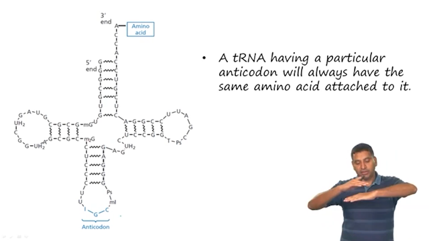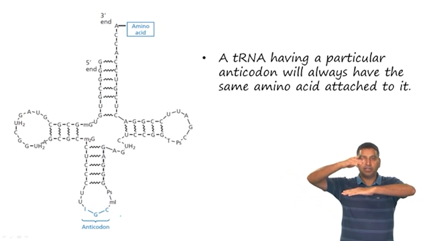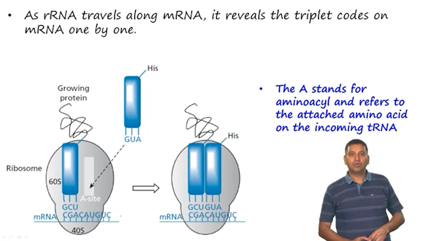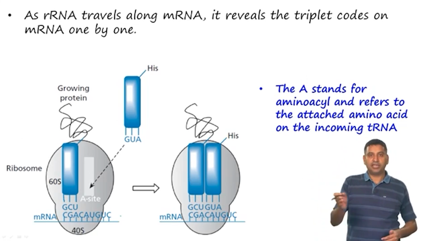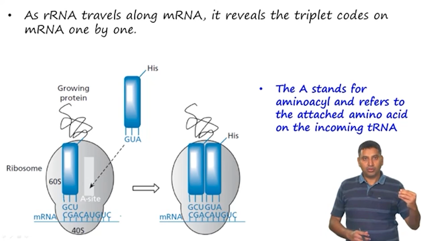That means the information from the mRNA is being transferred with high fidelity to the synthesis of the protein, because the tRNA that comes and binds to it has the right amino acid attached to it. Okay. So, now as the ribosomal RNA travels along the mRNA, it reveals the triplet codon on the mRNA one